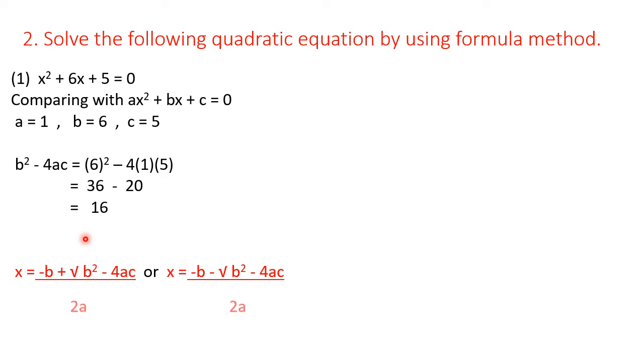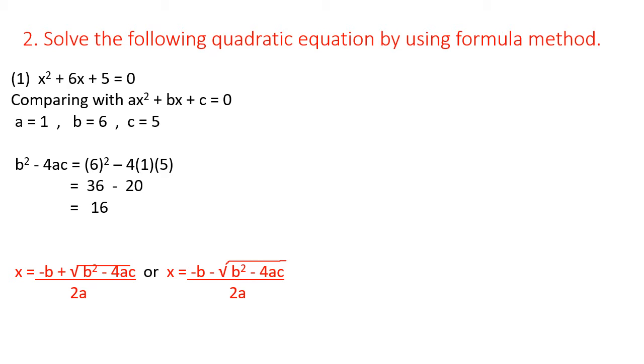That formula is, as you can see on your screen, minus b plus under root b square minus 4ac upon 2a, and the other root we find out by minus b minus under root b square minus 4ac upon 2a. The only difference here is about the sign. Baki sab same hai. Okay, this is minus, and then there is plus. Remaining all is same. Okay, minus b first we write, and then we write plus under root b square minus 4ac, and the denominator we have 2a. Okay,